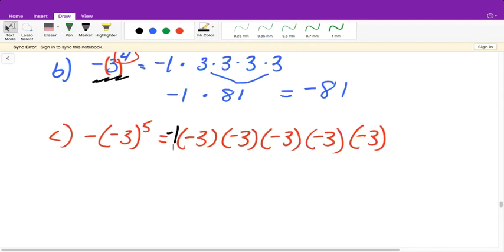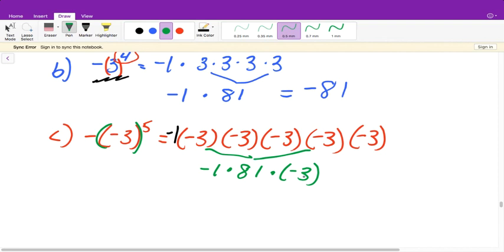All right, I realized that the video was getting long, so I just wanted to rewrite this so that way you don't have to watch me write negative 3 multiplied 5 times. All right, but since this is in parentheses, that means a negative 3 is included in our base. And we already did negative 3 to the fourth power, which we know is equal to 81. So we're left with negative 1 times 81 times negative 3. All right, negative 3 times 81 is going to give us a negative 243. And it's still being multiplied by the negative 1 out front, so it's going to give us a positive 243